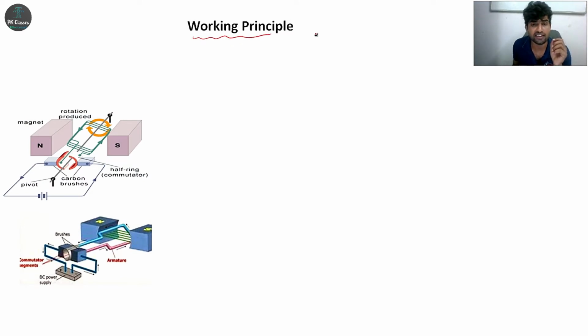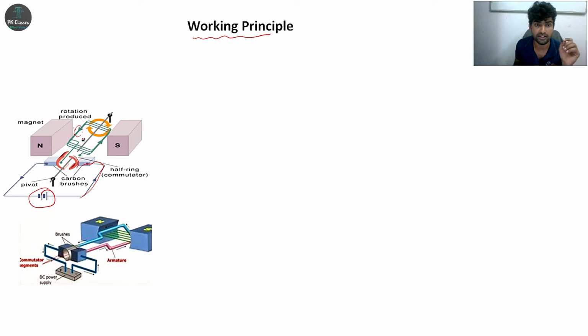According to Faraday's laws of electromagnetic induction, when a current carrying conductor is placed in a magnetic field, it experiences a force, or the conductor experiences a torque, right? I have given supply here, DC supply. Current will flow through the brushes. Here there is a commutator which converts DC to AC, because whatever current is flowing inside the armature conductor is always AC. Whether it is a generator or motor, when a conductor carries a current, what happens?